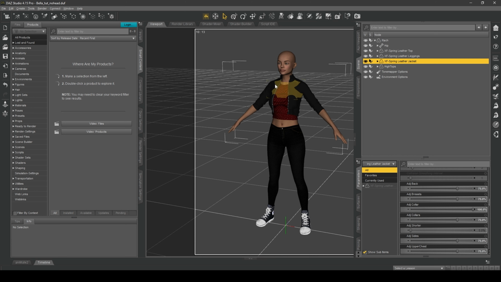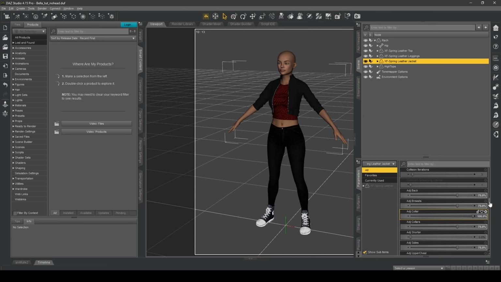And then the leather jacket that goes over the top, I want that to be even further away, so I've enlarged it even further, look, by 75%. And the collar in particular, take a look at the collar. I have adjusted that to 100%. I want that to be as far away from the neck as is possible using this. And again, that is so when we put a metahuman head on, this is not colliding with the neck. There is some space around the neck. This will again help with poke through.